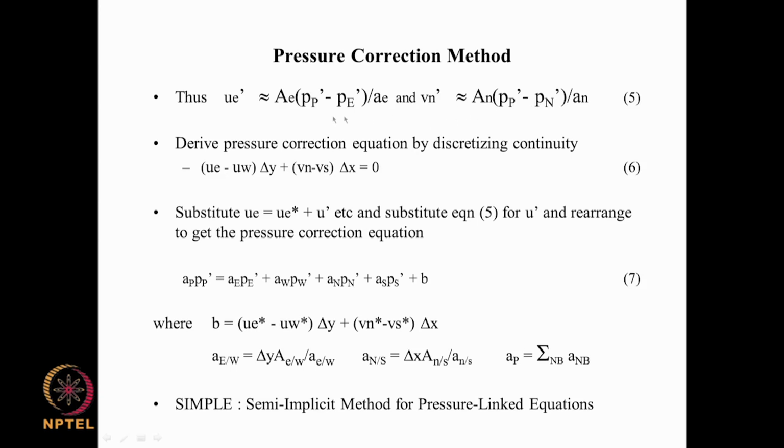So once you substitute the equivalent expressions in this equation, all the velocity corrections will go, and this equation becomes an equation involving pressure corrections only, and the pressure corrections are at capital P and capital N, capital E and all that. So we can rewrite this continuity equation as an equation for pressure correction, where the pressure correction